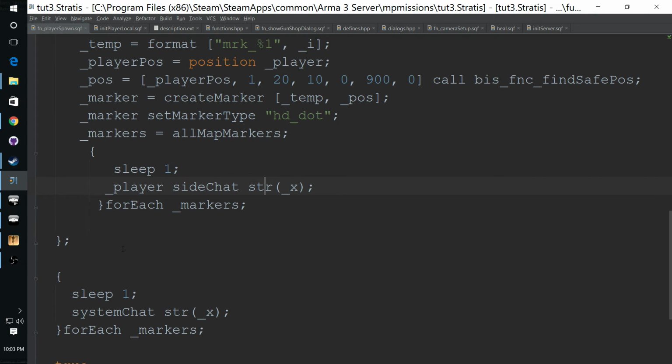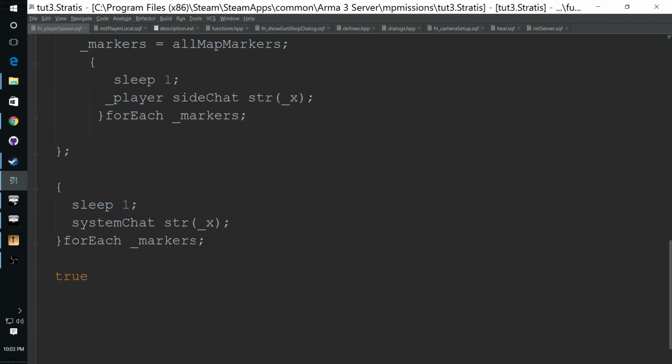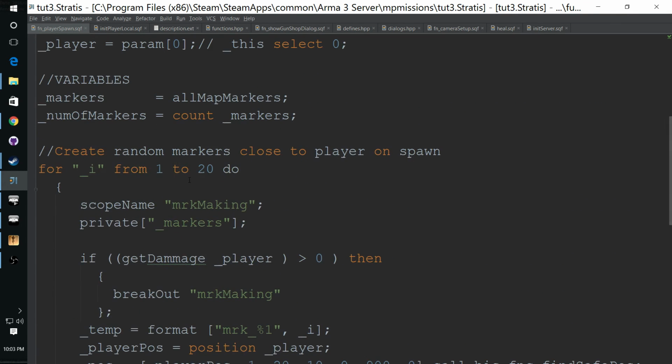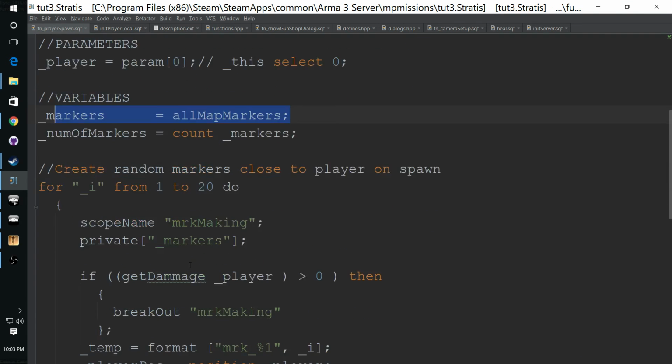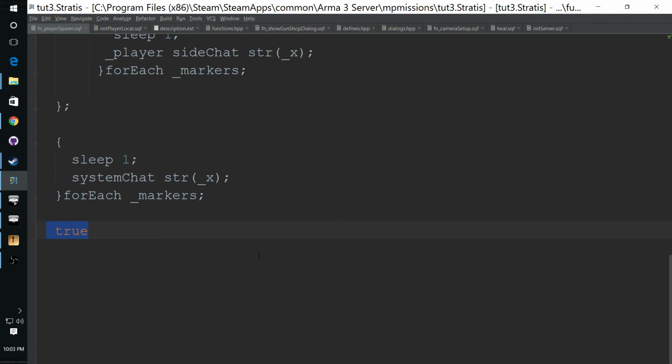And then when this loop ends, or I get damage, it's going to run this and do a system chat and print out those markers, which is actually 1, because we only have one marker on the map. This marker was defined before we created these markers. Then I return true. That way, if you wanted to wait for this function to complete before you continued on,